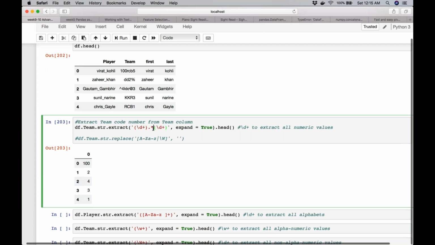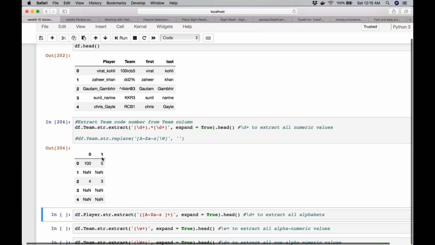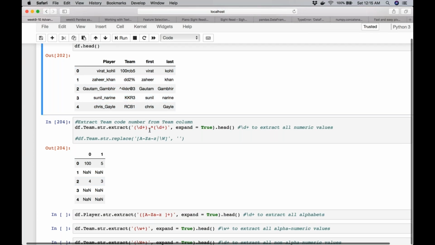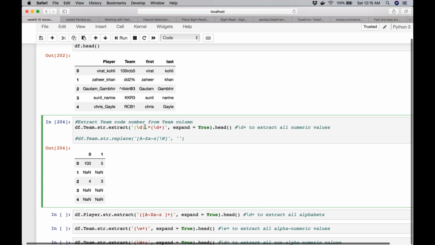But in case of using this regex, the cases where there is only one occurrence of a number will create a problem. It created two different capture groups with expand equal to false and expand equal to true, and in the places where it could not find two different sets of numbers, it wasn't happy. There was an RC 100 followed by some characters and 5, so it is happy here, and here, but here there's only a string and then the number. It could not find anything. So there it wasn't too happy.